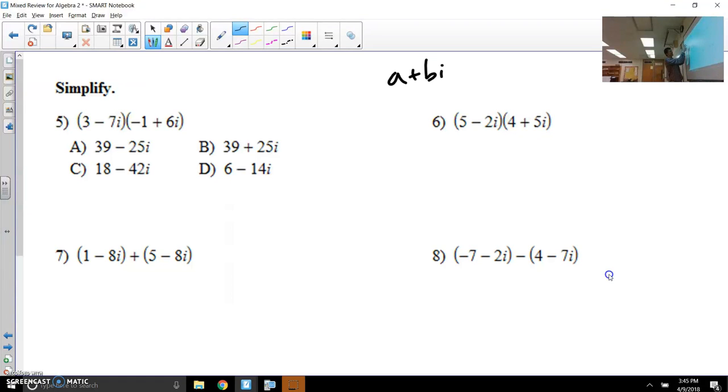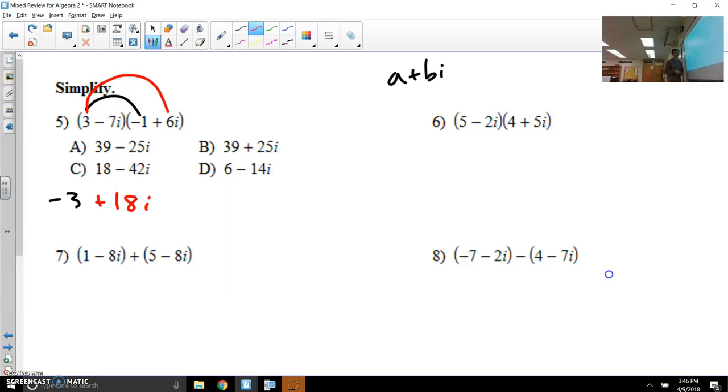This is against each other. There's nothing in between those two parentheses. They're butted up right next to each other. So that tells us that we have to distribute or multiply. So we're going to do 3 times -1. That's -3. We're then going to multiply 3 times 6i,